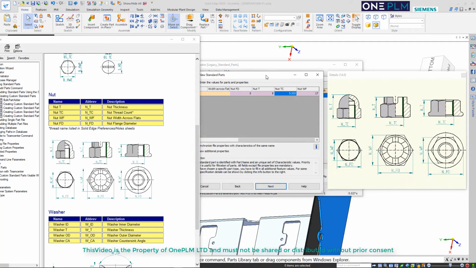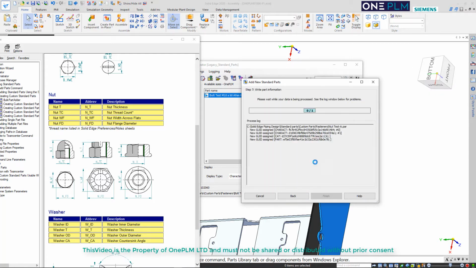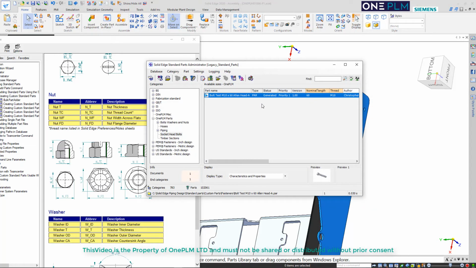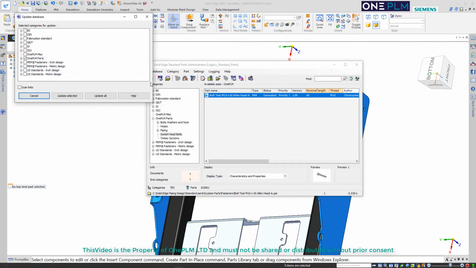So we've got our thread and our width across flats, so I forgot to put these two in. Let's just make sure we've got M10, and then M10 17mm over flats, so let's pop that one in. That's good, it's gone straight into there, successfully written, so that one's good to go in the fastener system as well. So we can keep going, putting those parts, only put one part from one type in at the same